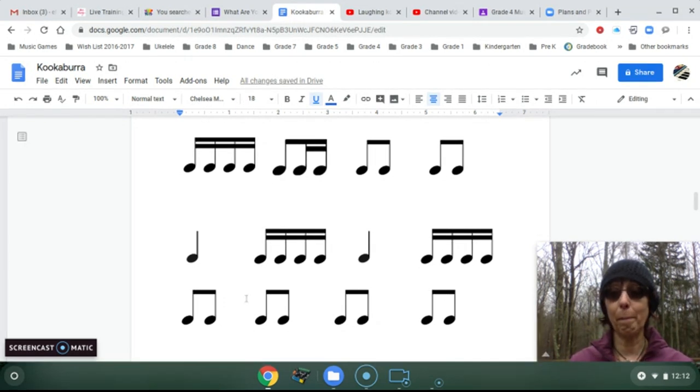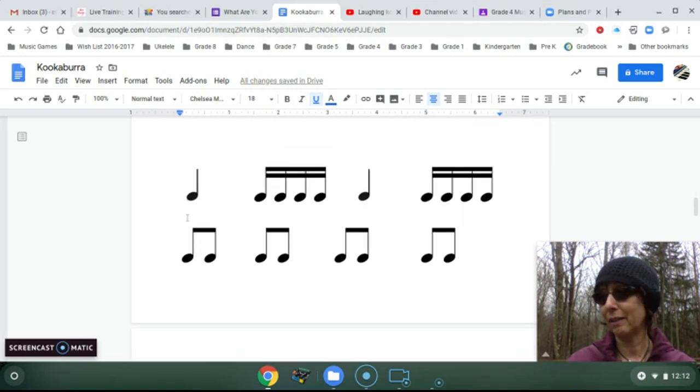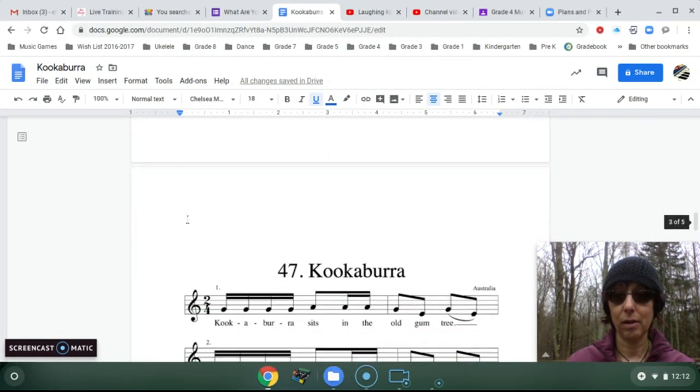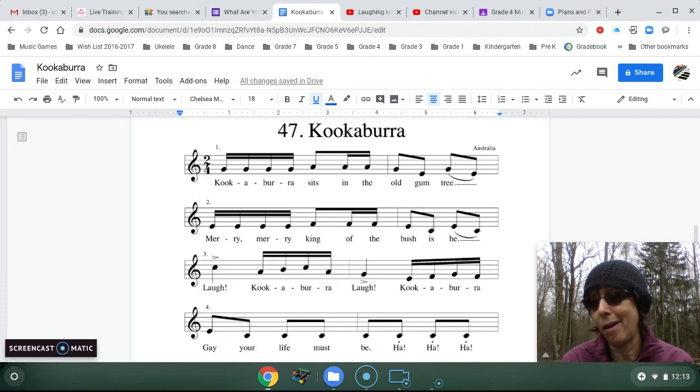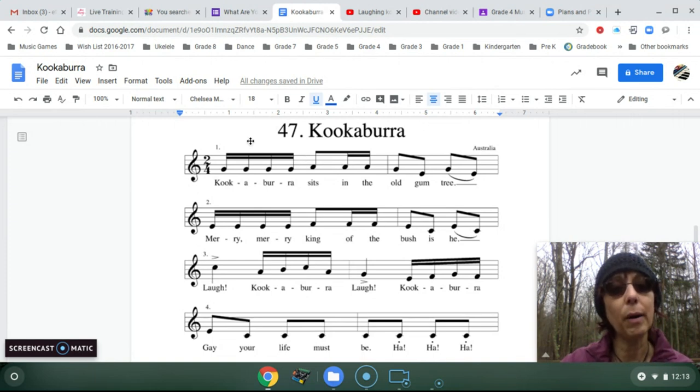Now, I'm going to pause for a moment and explain what's going to happen next. Well, first of all, you're going to look at the song, and you're going to see, oh, I wonder if any of those rhythms that we did were in there. So read through this with your apples and watermelons, and then I'll join you. You can always pause me right now if you don't want to hear me talk. And then let's read it together. Okay? So if you didn't pause it now and practice it, now together we're going to read it and see which ones we thought were in it. 1, 2, ready, here we go.